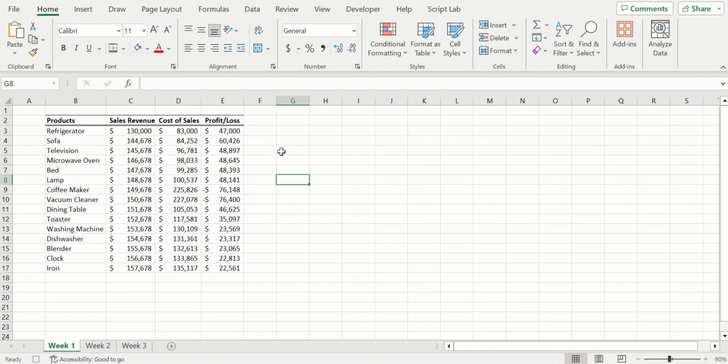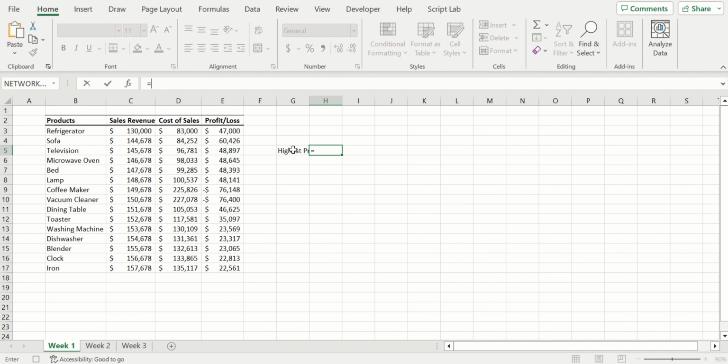So that's done. Our formatting of our data has been completed. Now let's find the highest profit. Let's type in "highest profit", and then we are going to use the MAX function in Excel, which gives us the maximum or the largest value in the set of data. So use MAX